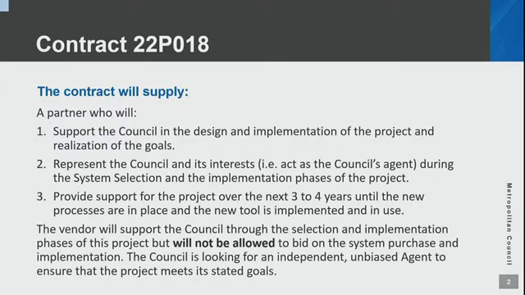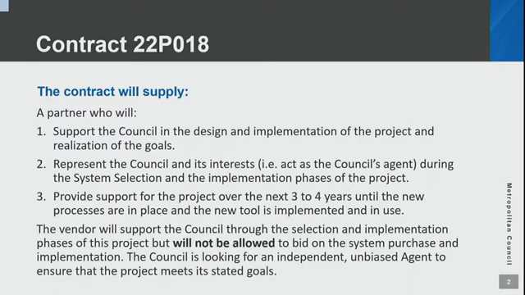Phase 2 is then turning that into, or deriving our requirements for a new technology solution. Bear in mind, the technology solution is just the tool that helps us or supports us in achieving the aims of asset management. It's not the asset management system per se itself. Phase 2 is to develop the requirements and go out to solicitation for a product that will meet our needs and a vendor who will implement that to deliver the solution that we need. And phase 3 of the project is the implementation as well.